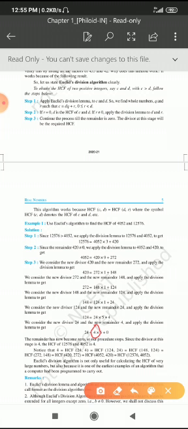And again what we can observe here: HCF of 12,576 and 4,052 is equal to 4. In the same way, HCF of 4,052 and 420 will also be the same, that is 4 only. And HCF of 420 and 272 will be 4, and of 272 and 148, 148 and 124, and 124 and 24 also. The HCF will be 4 only for all these pairs of numbers. Clear, children? Did you understand how to find the HCF of two given numbers by using Euclid's division algorithm?